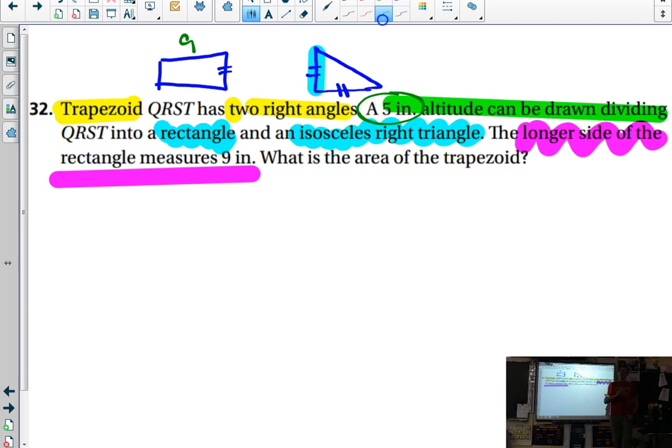So that altitude means it drops to the base perpendicular. Not that it literally has to be standing vertical, because your shape could totally be turned, but it goes perpendicular to the base. So that would probably mean that that's 5 inches, which would mean that this is 5 inches and this would have to be 5 inches. And if all of this makes sense and comes together, what I end up with